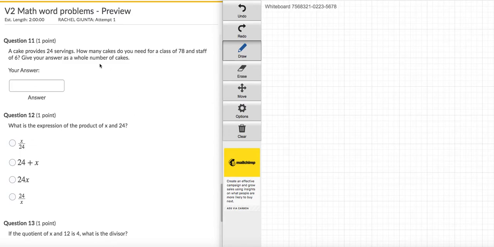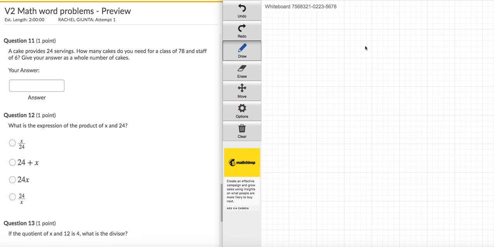So this is the famous cake question. Everybody says it's on, at least on the version 2 test. People don't seem to agree on how it's worded. But it's going to be something like this: they're going to give you a total number of people,